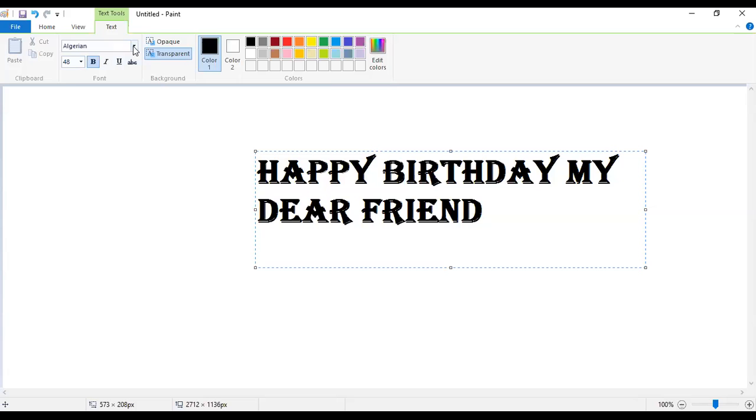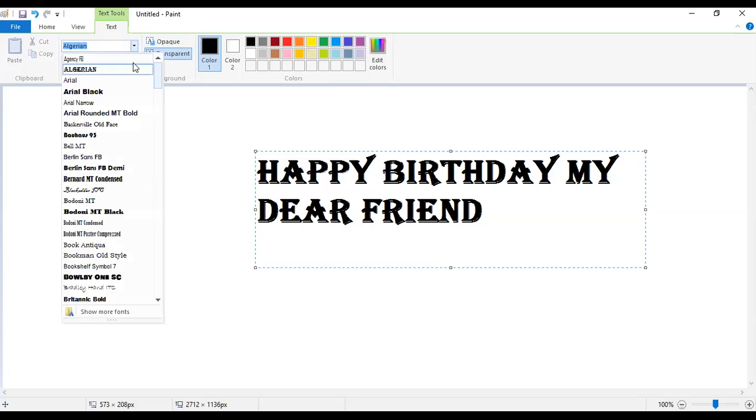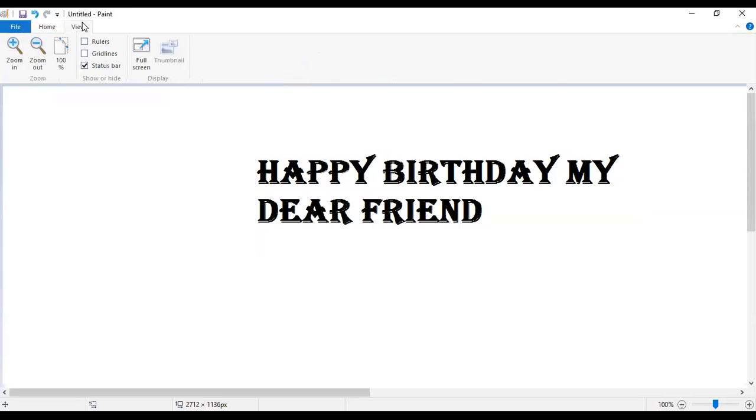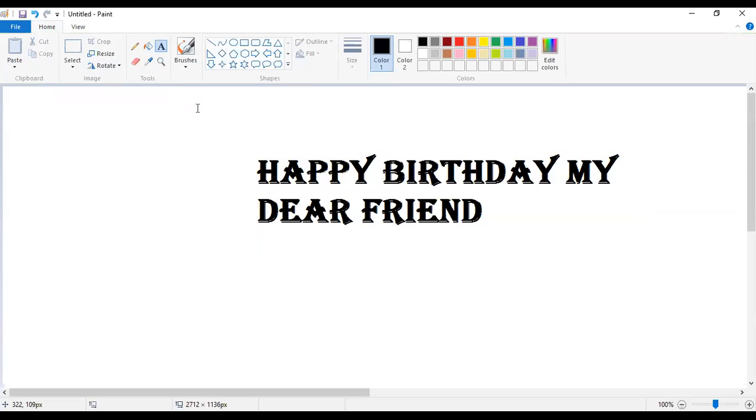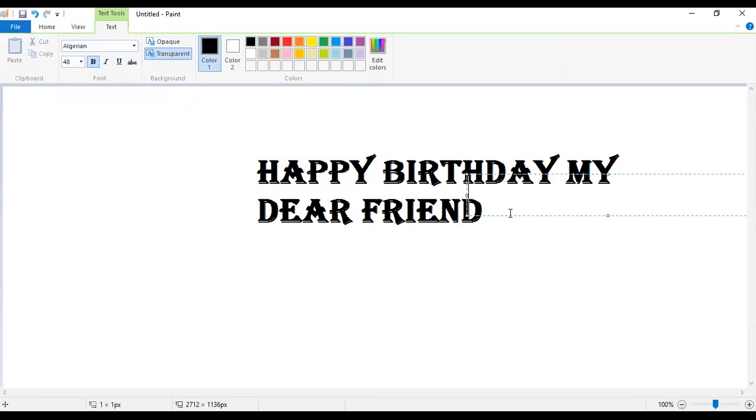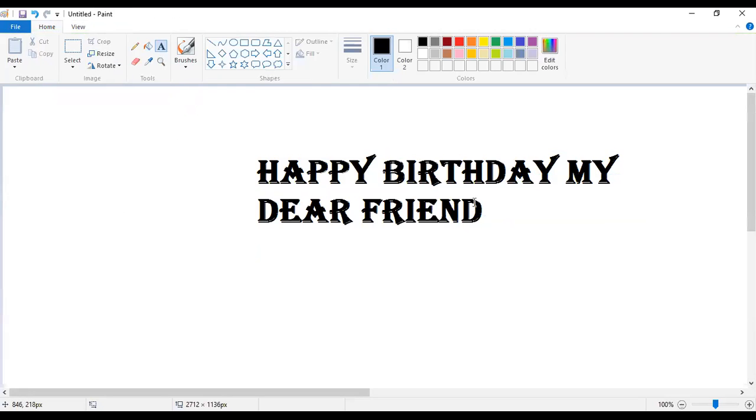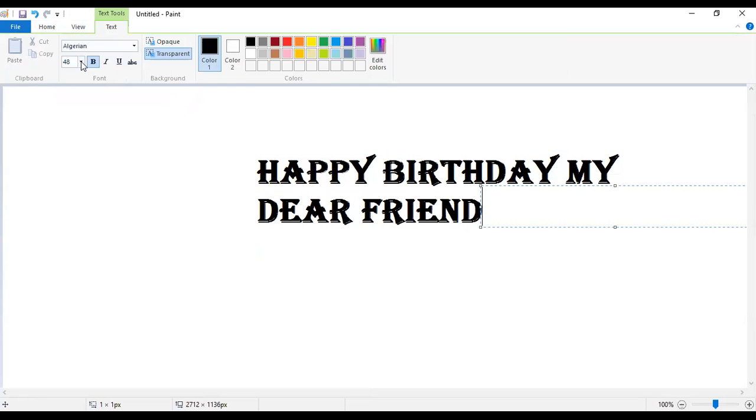From here, you can choose any writing style, okay? From here you can choose the font size, and from here you can choose the bold, italic, or underline style. Got it?